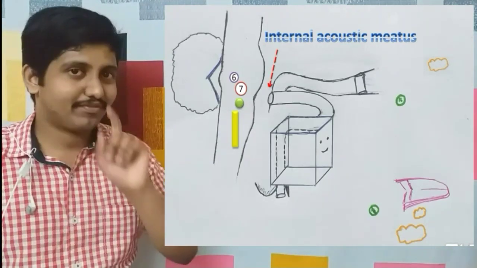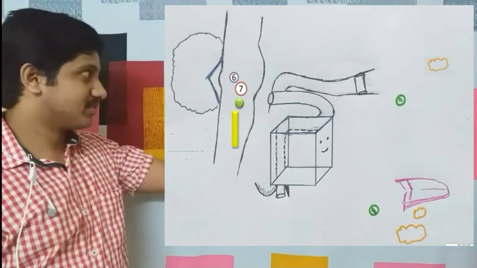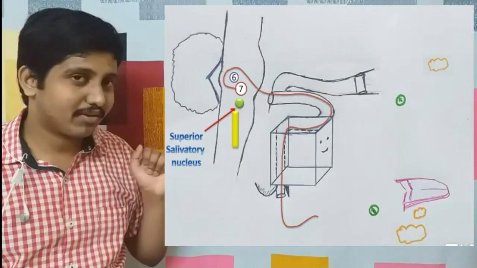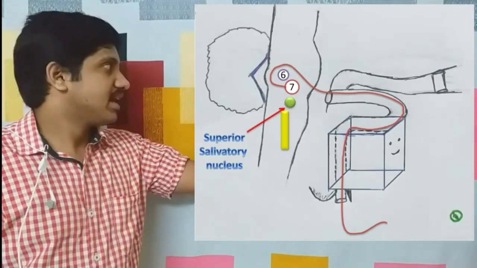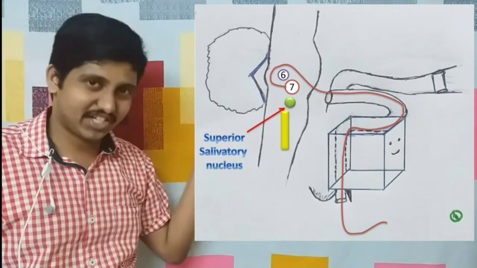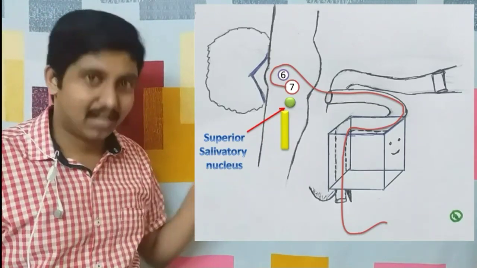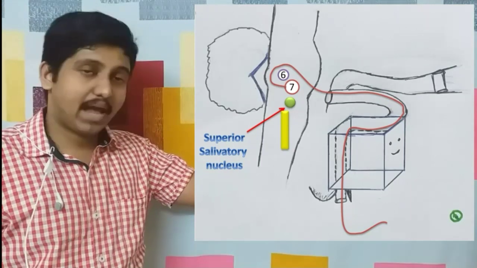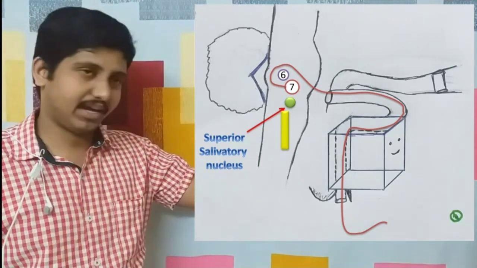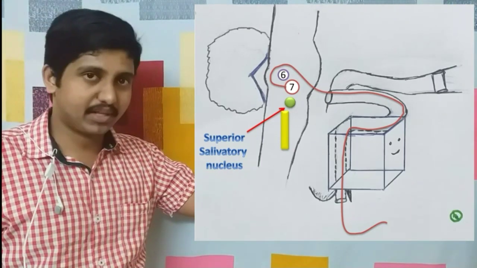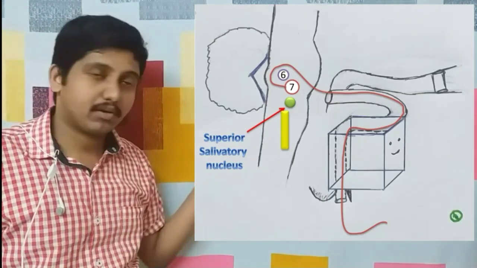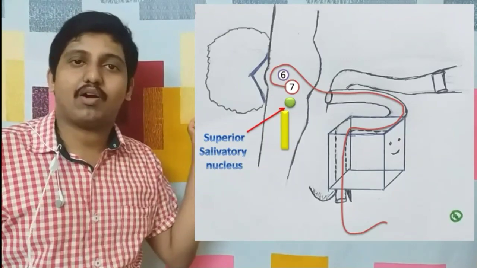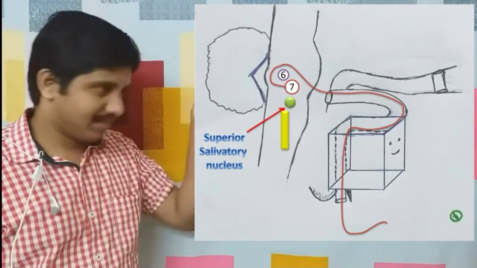And I will tell the course of each of the nerves. First one, our motor nerve. What happens to our motor nerve? The motor nerve goes through the internal auditory meatus, and then it enters into the facial canal. So what happens when it enters the facial canal? There is a labyrinthine part for it, a tympanic part for it, and also another part called the mastoid part.